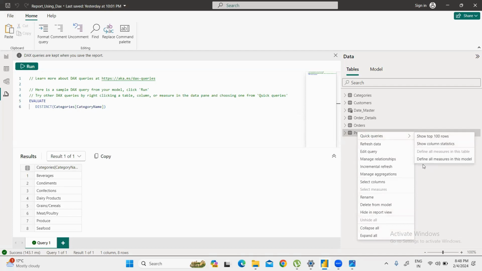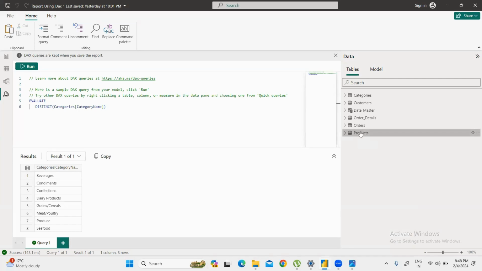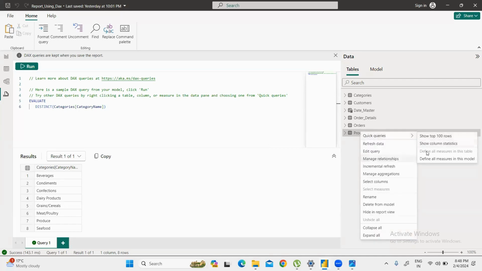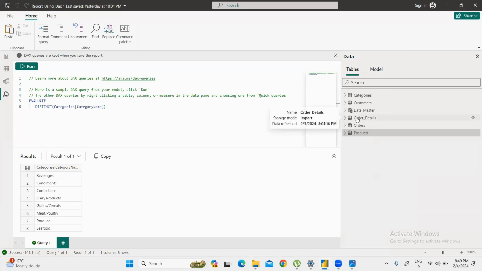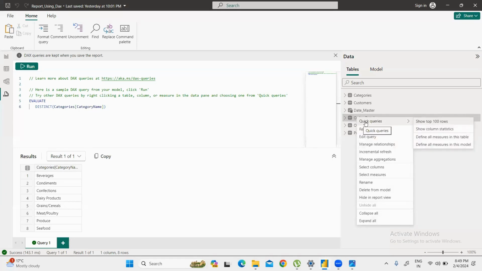So here we have a model, and this model contains 5 or 6 tables, right? And define all the measures in this table means that if there is any measure in this table, this option will be on, and once we click we can get the value of that particular measure. But since we are not having any measure in the products table, this option is off now. But when we go to the orders table, we have a measure in this orders table, and when we click on this